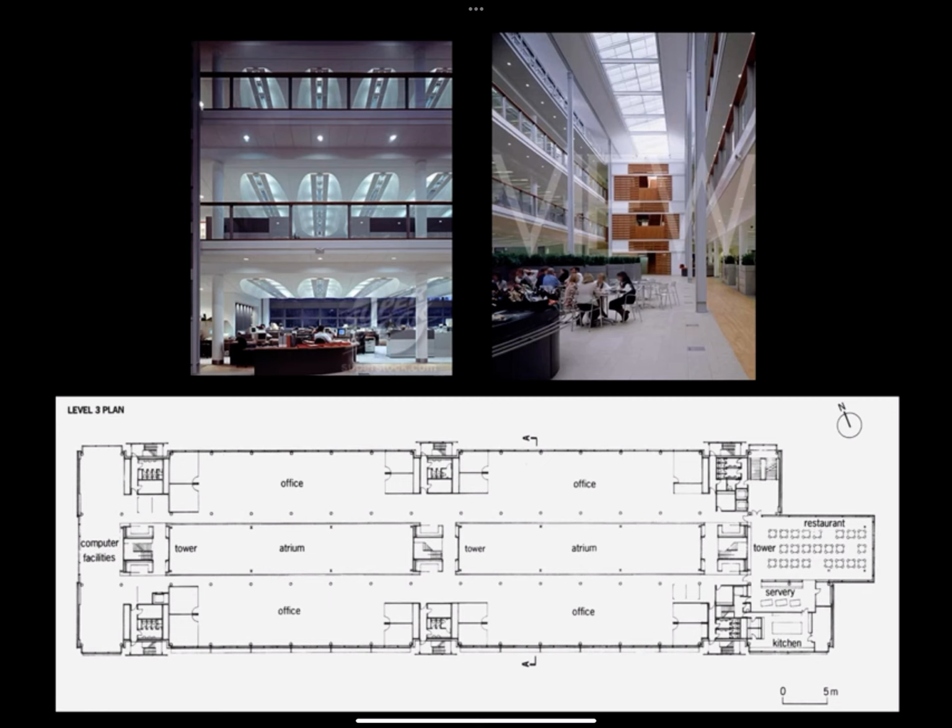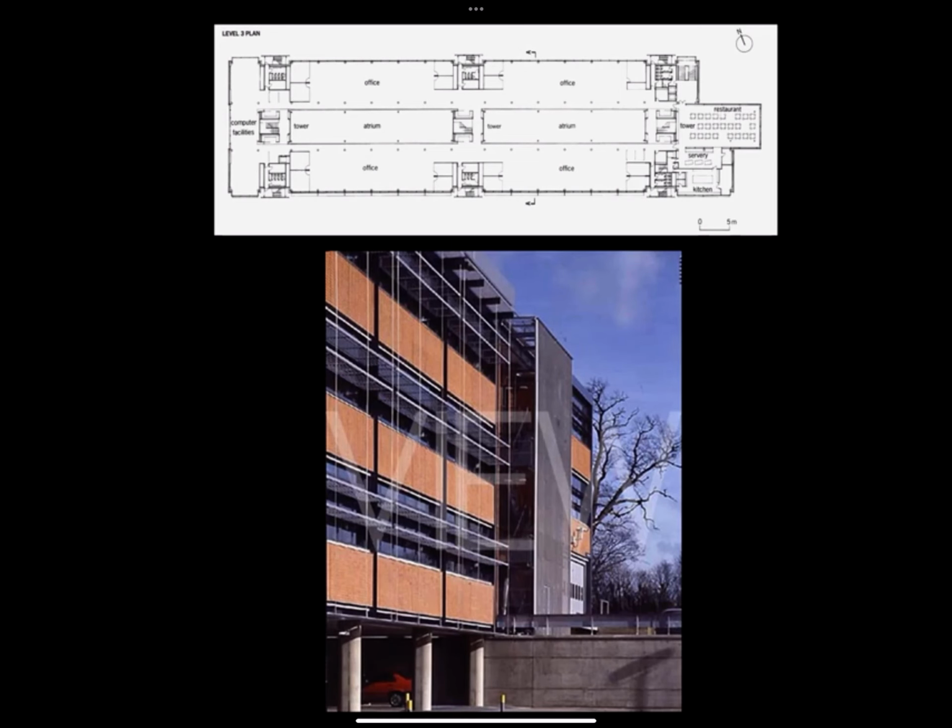And the 2 long sides of the building will be the office facades, and you can see at the right hand end of the building in the drawing the restaurant, and you'll see the facade of that in a moment. The office wings have exterior horizontal sun shading, which is suspended from above on very slender cables, and